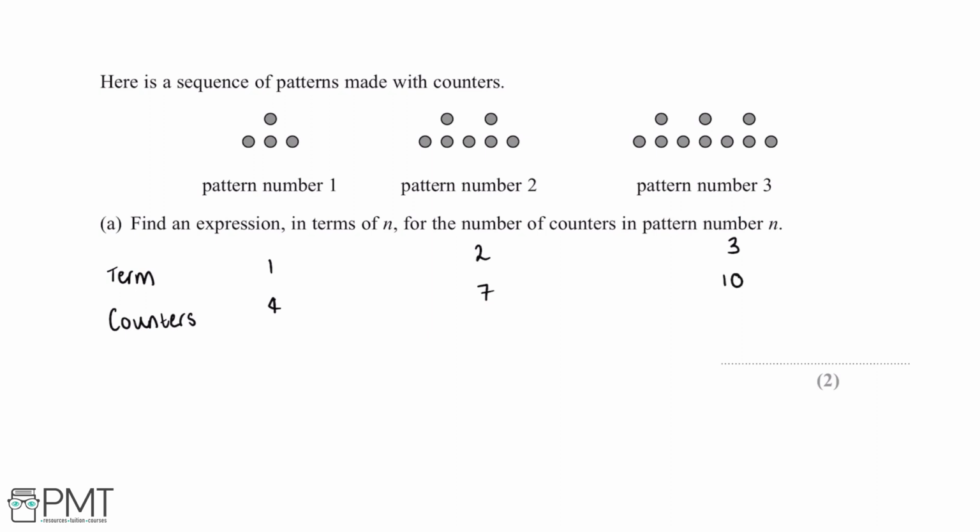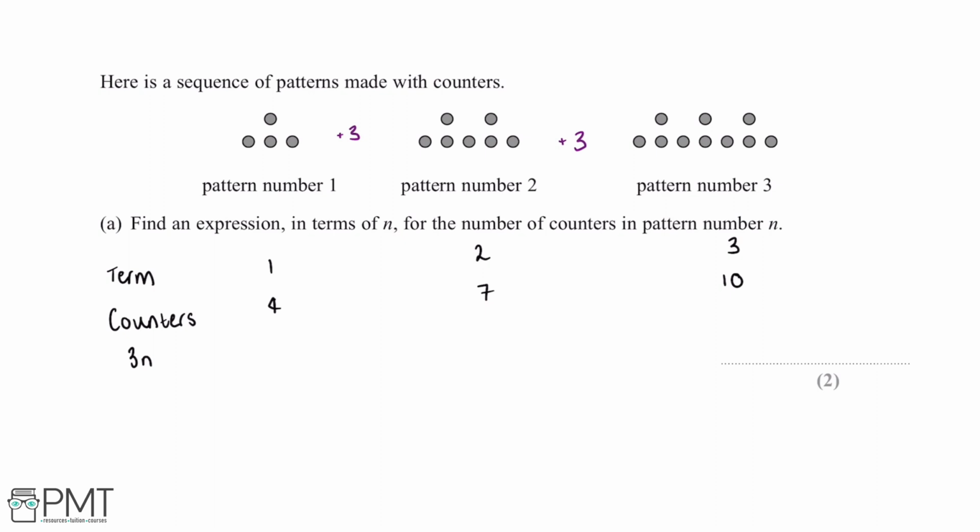So what we can see from this pattern of numbers is that each time the number of counters is increasing by 3. So term 1 plus 3 counters gives us term 2, and then term 2 plus another 3 counters gives us term 3. So what this means is the first term in our expression will be 3n, where n is the term. So what we can do now is write out what 3n will be for the